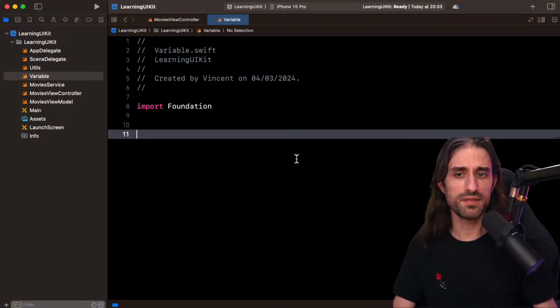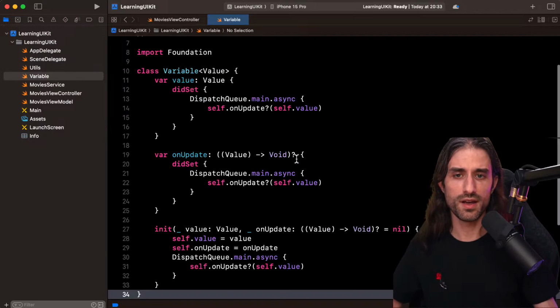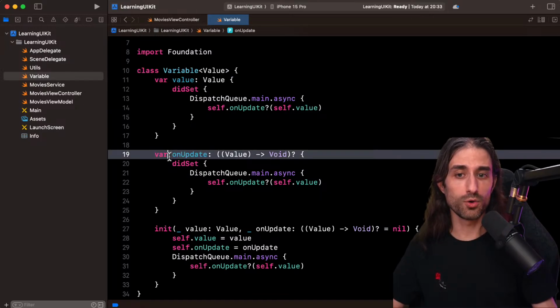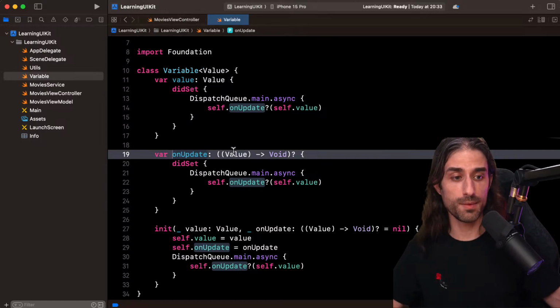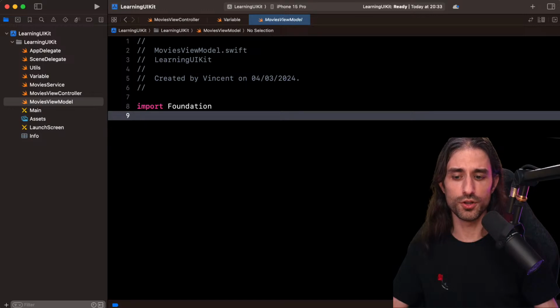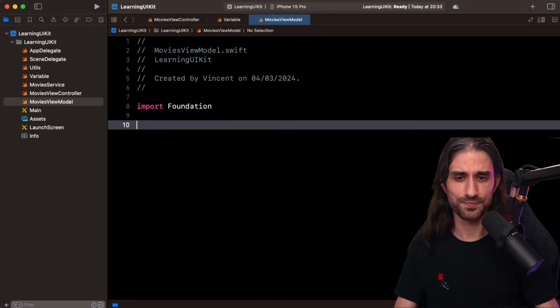So in order to have the view model and the view talk to each other in an asynchronous way, I'm introducing this very simple generic type called Variable, which holds a value and also a closure that gets called whenever the value is updated. This way, my view model will expose variables that my view controller will listen to, and it will allow us to easily implement some communication between the view model and the view controller.